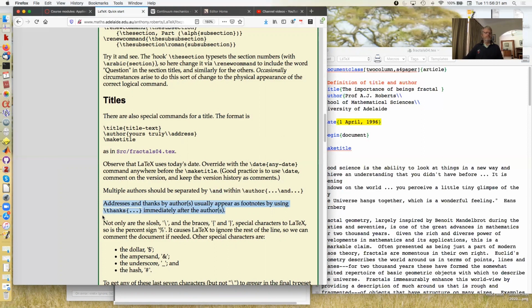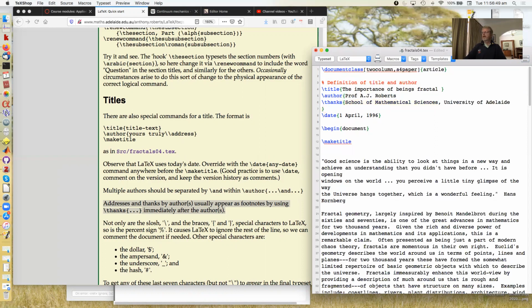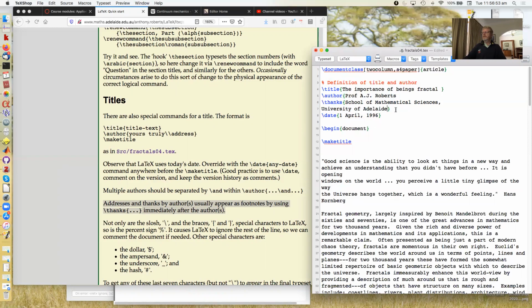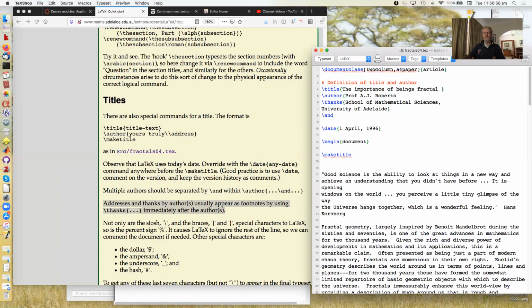It's often convenient to have them in footnote, in which case you use the \thanks command. So here, for example, I could have gone \thanks School of Mathematical Sciences, University of Adelaide, end brace of the thanks, and then gone \and another author,